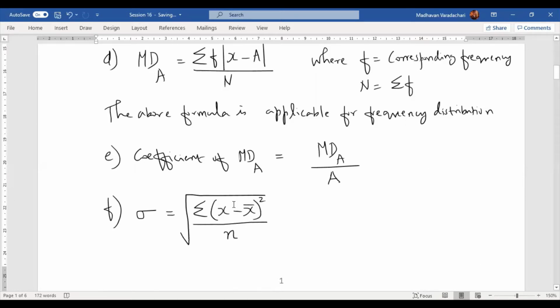If you look into this, it can be expanded, like it is like a minus b the whole square. So you expand it and then simplify it. Once you do that, this also can be written as the square root of summation x square by n minus x bar the whole square,